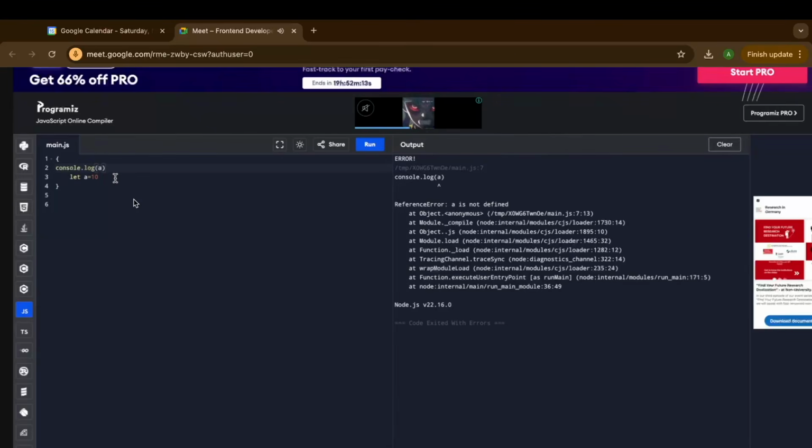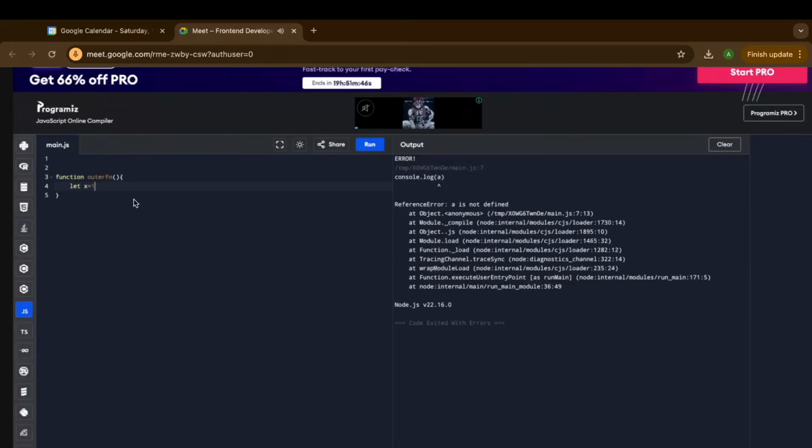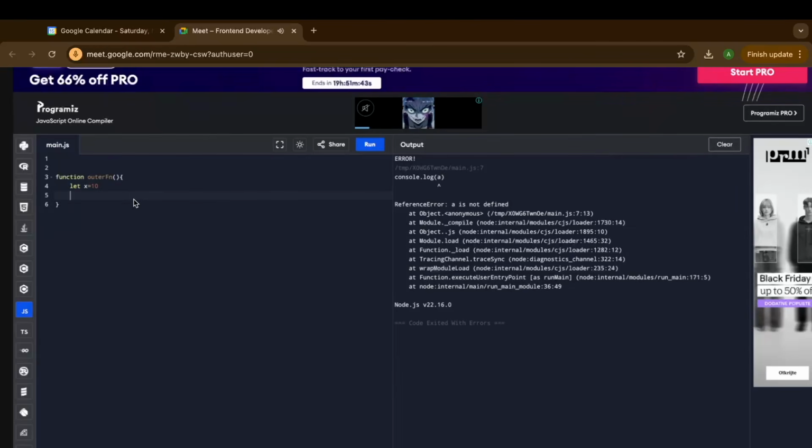What is a closure? Give a simple real-life example. A closure is basically when a function remembers its lexical scope variables, even when the outer function has already executed. So I will give an example. Console.log.